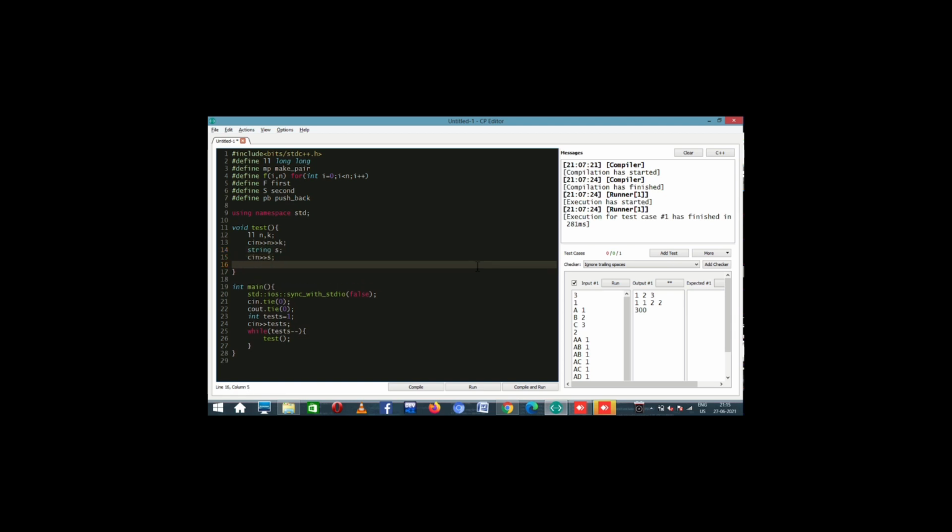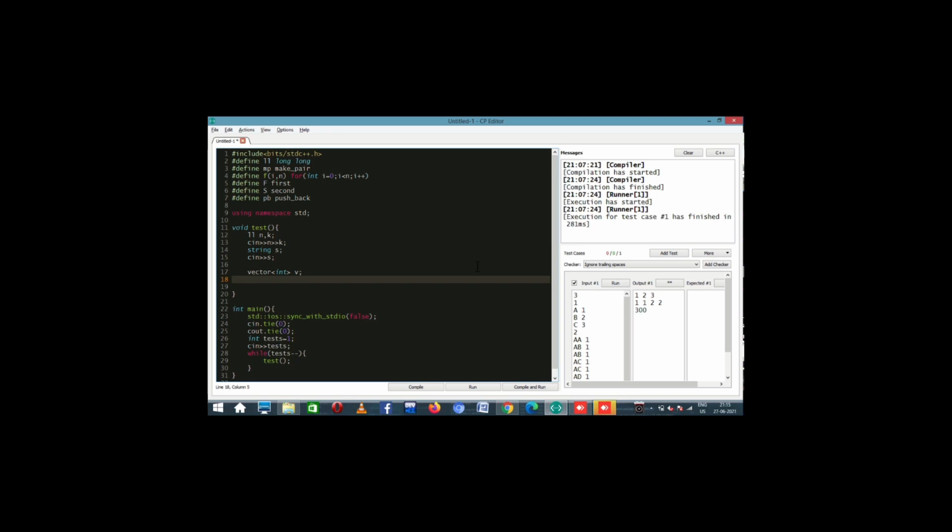So we'll just pick our string. Now what next? Let us call this our array, vector int v, where we will be storing our answer. And even before that we will say int index is 0. Now I want this index to point to the first 0 in the string. How do I do that? While index is less than n and s of index is equal to 1, you go index plus plus. So basically index will now stop at the first 0.